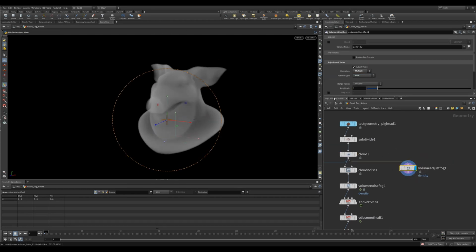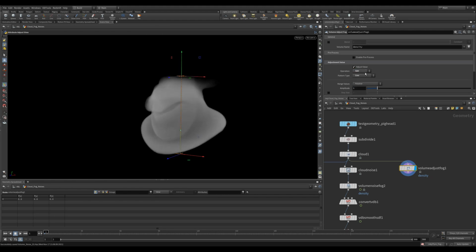While we're working with fogs, it's worth mentioning that there's also a new node in Houdini 19, Volume Adjust Fog, which lets you make further awesome manipulation to your fog volume with all the cool adjustments in the node. Have a look at the Attribute Adjust Color video in this series where I go over all the parameters. The Volume Adjust Fog has similar set of parameters.